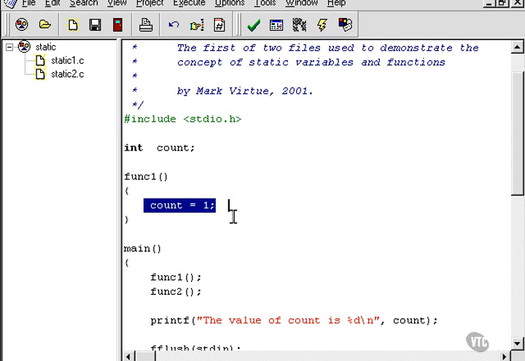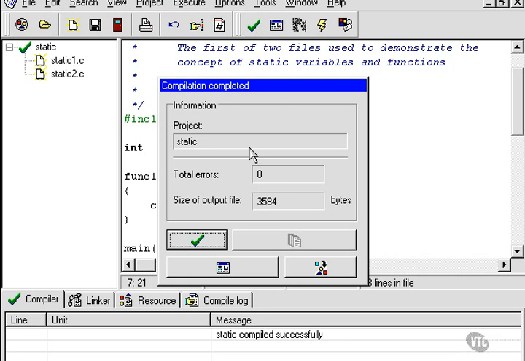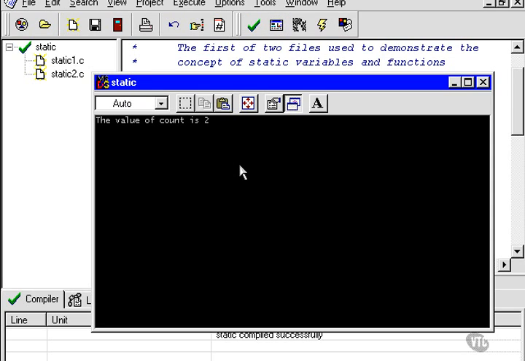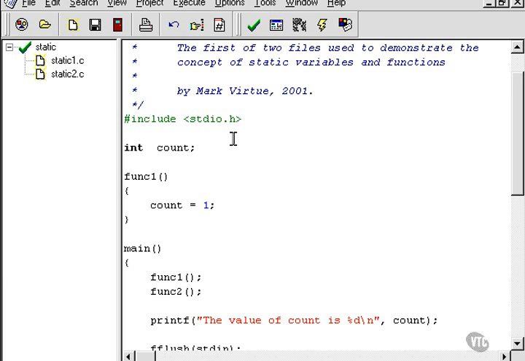Func1 is setting count to 1, and then func2 from the other program is going to increment it by 1. So the value that it prints out should be 2. Let's check that. Compile, no errors, and run. The value of count is 2. Excellent. So far we haven't really proved anything except that global variables